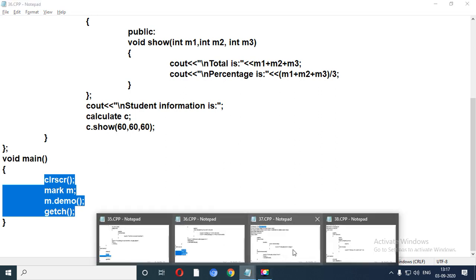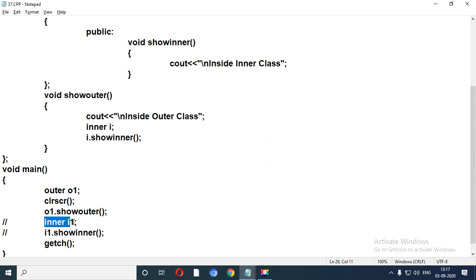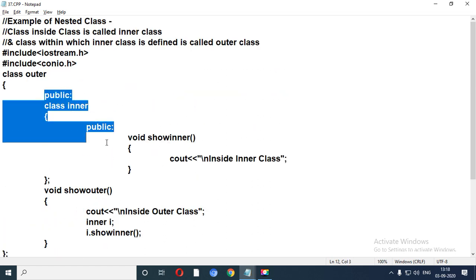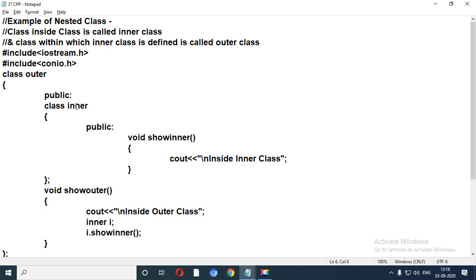But when you use the concept of nested classes, at that time you can access inner I1 and I1 dot show inner. This can be possible in the nested class because there is no layer of function over here. It is the class inside class. That concept is known as nested classes, right?